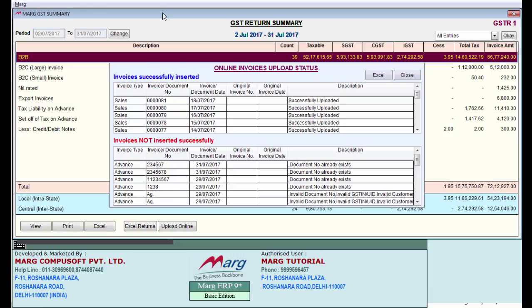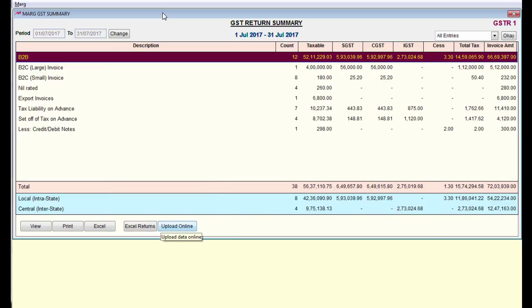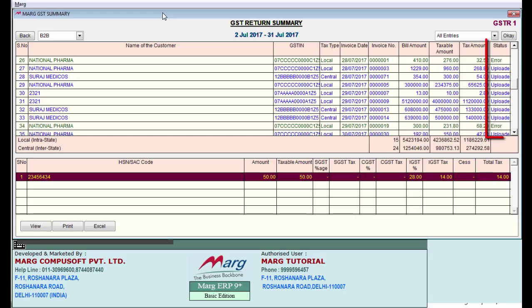Here itself, if you want to view the status of the transactions, firstly you will close this window, then press enter. So here you can see the status of transactions. Uploaded status means those invoices have been uploaded, and the invoices on which error is shown means those invoices have not been uploaded. The invoices which are uploaded are highlighted in blue, and the invoices that have not been uploaded are highlighted in green. And all of this data is now uploaded on the Carvies panel.